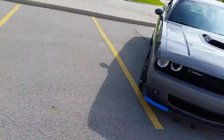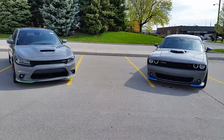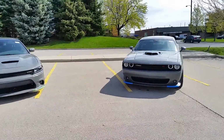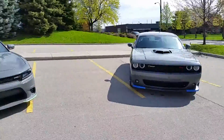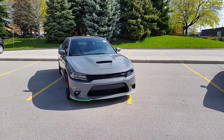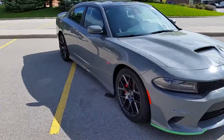Now, from a looks perspective, I think that they're both pretty sharp. It's tough to choose which one I would choose between these two, but I would go with probably the Charger for the front look of these two. The front just looks so sharp on the SCAT Pack Charger, especially with that gray. It's way more appealing than any other color would be. Now if we go to the back,